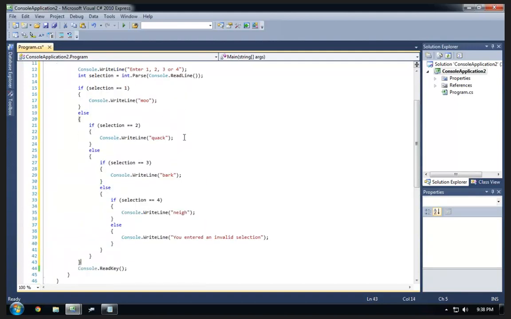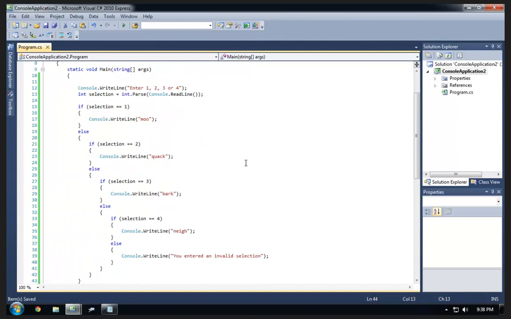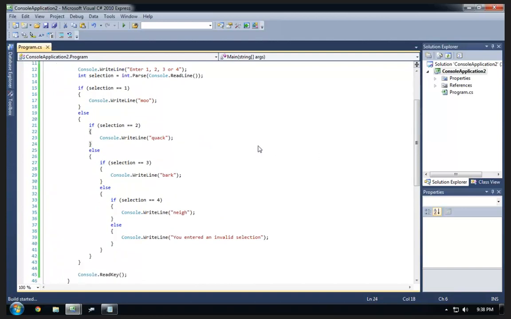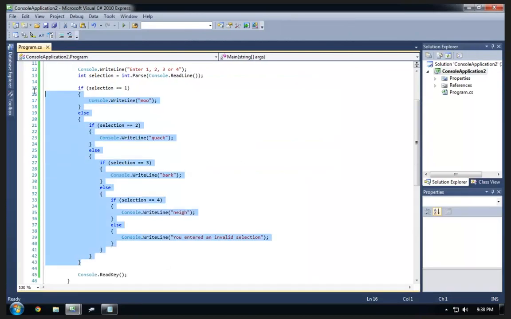Okay, so bringing back this code, best program ever. Very simple logic, but what we have here is kind of messy. It's kind of long. Now, we could use if-elses, and I generally would use if-elses myself, but we haven't talked about how that syntax works, and it could be confusing to people who are new to if statements. But there is a construct within the C# language that